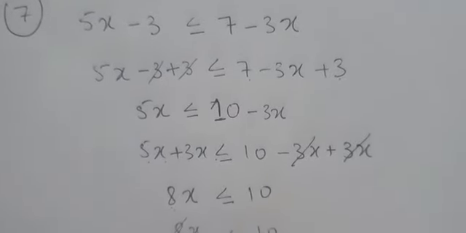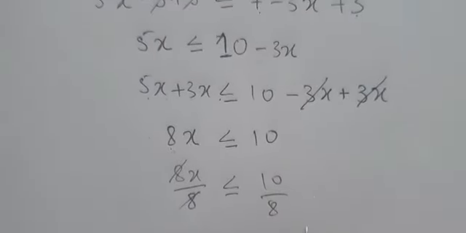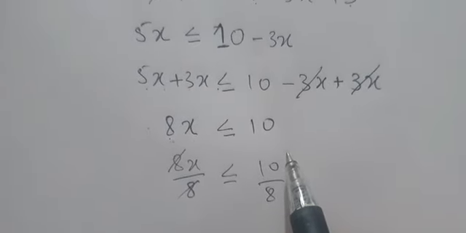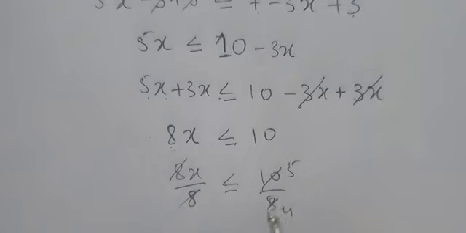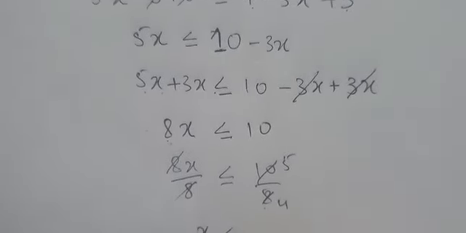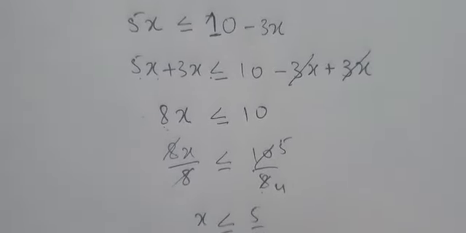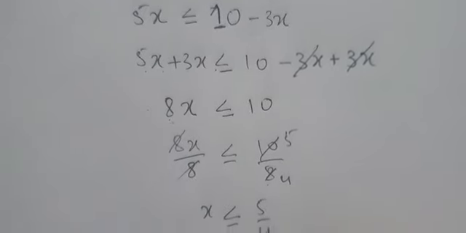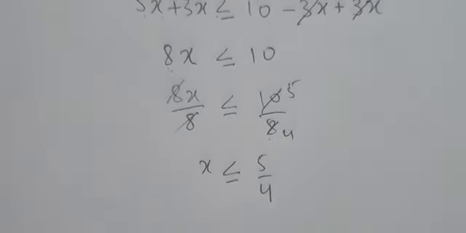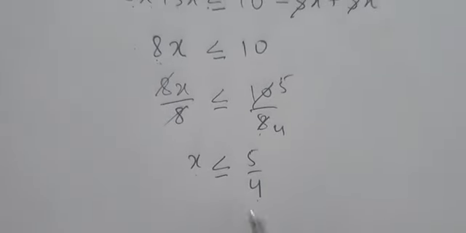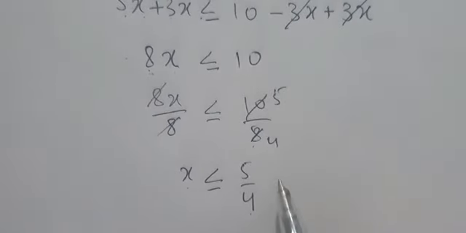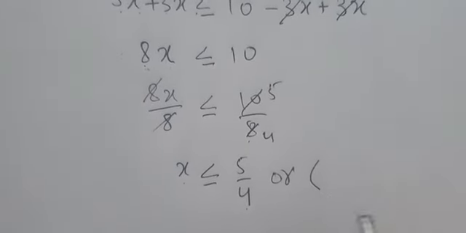So here it will be cancelled out, and from here we will get, you can simplify this, that would be 4 upon 5. So x is less than or equal to 5 upon 4. So now this is the solution of the above inequality, and we can represent it in an alternate way